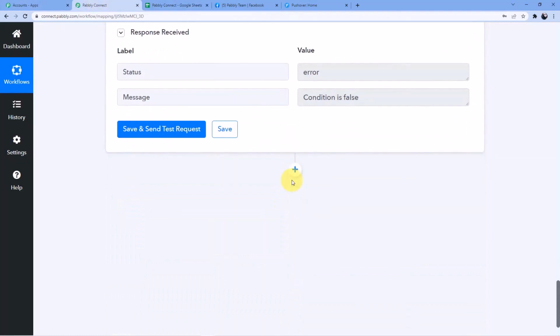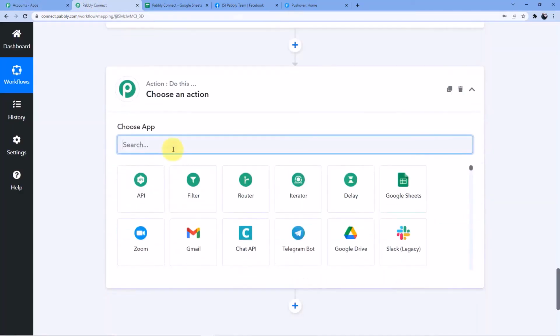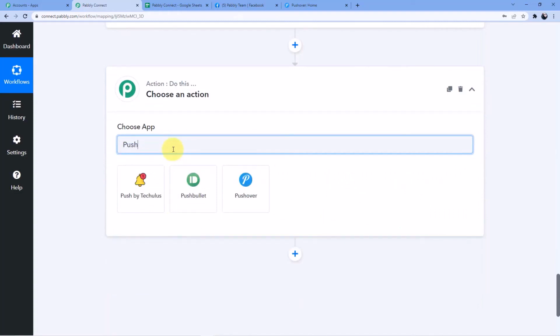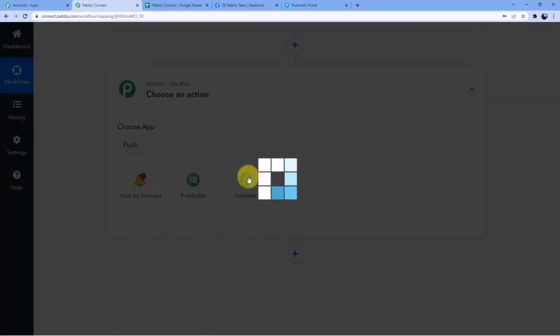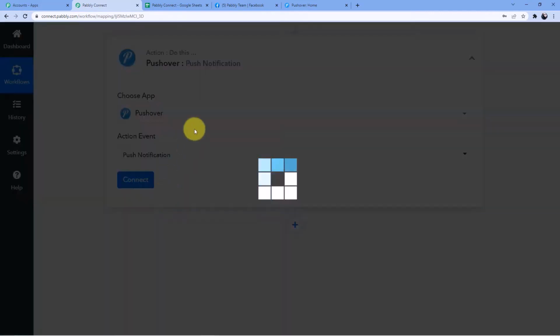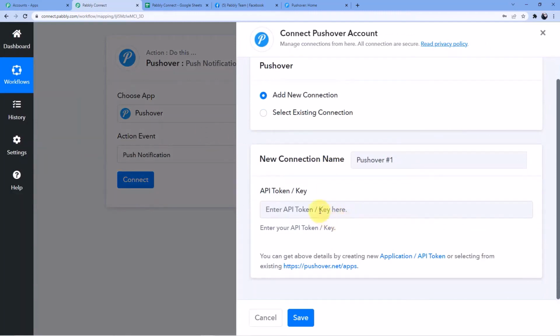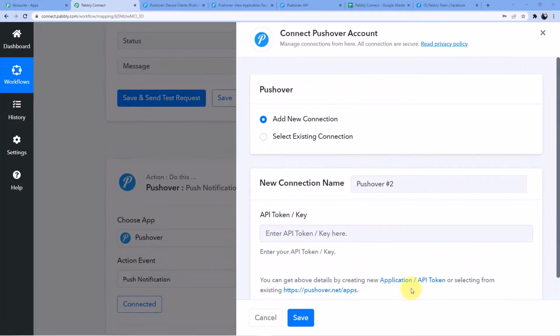Now we are going to go for our last step, which is Pushover. We will go for Pushover here, and in Pushover we are going to go for push notification. Now just click on connect, and you have to put the API key here. You can see it is written, you can get above details by creating new application API token or selecting from existing at pushover.net/apps. So what you will do is go to